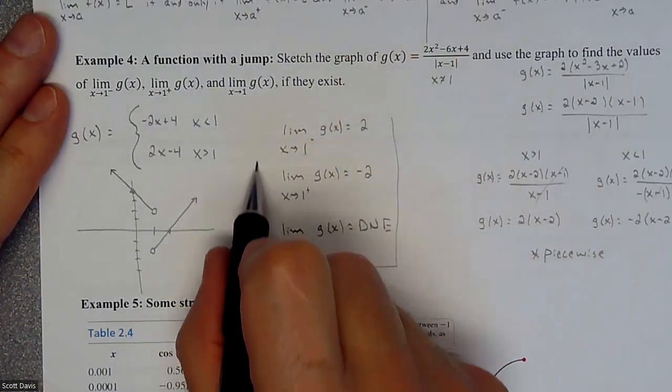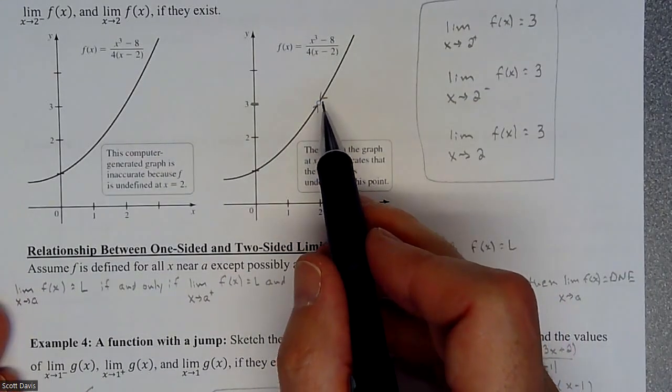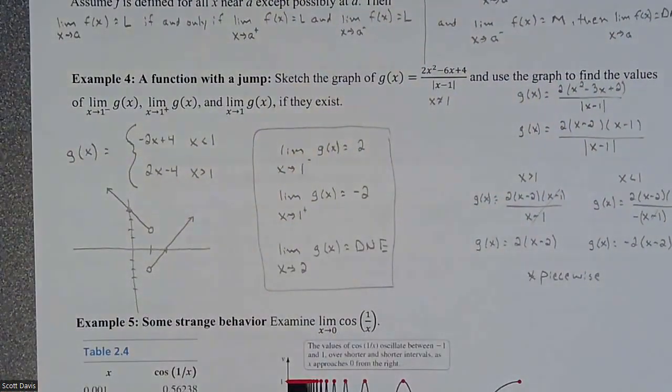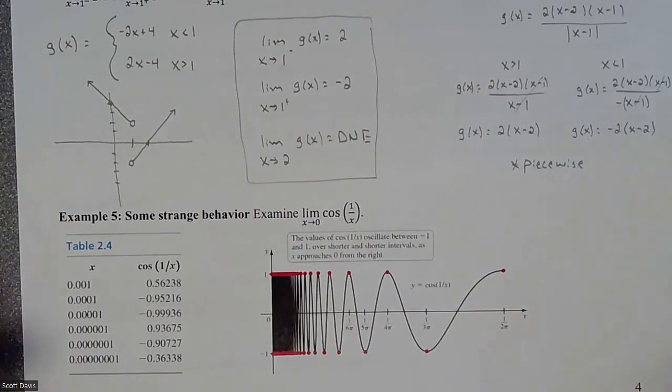It happens probably more often than not. At worst case, you have a hole, but you can have an asymptote, you can have a break in the graph, you can have lots of different things. So those are just a couple different scenarios. One last example that we have is